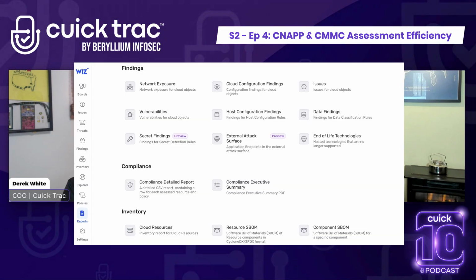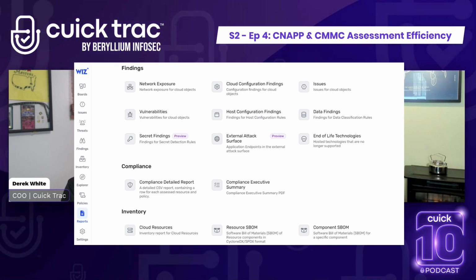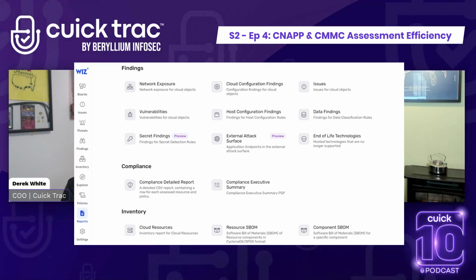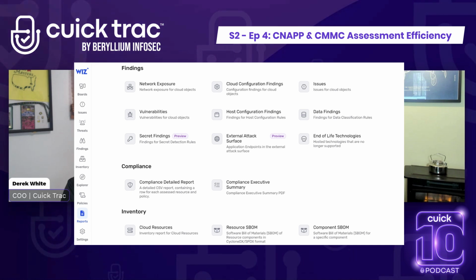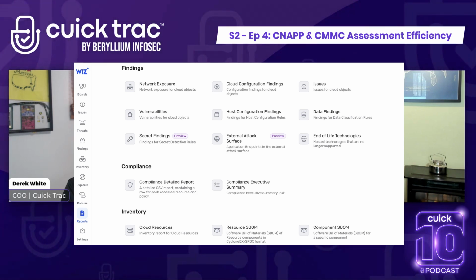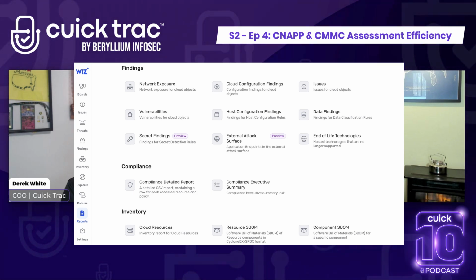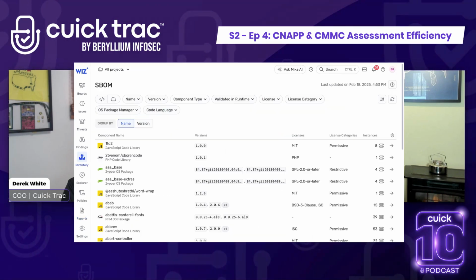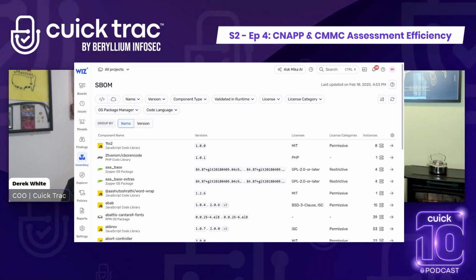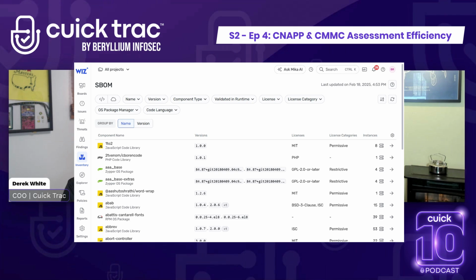Well, you have the ability within a good CNAPP to understand what benchmarks you are consistent against. Think of it like your STIGs, your CIS benchmarks, et cetera. It's going to look for misconfigurations. What vulnerabilities are present, from a CVE standpoint, but also KEV, right? So the difference between just a critical vulnerability and a known exploitable vulnerability, and being able to flesh that out, because obviously a KEV is a much higher risk, and being able to pull out your software bill of materials on demand. So you can say, this is what I have deployed. And then you can get really sophisticated and say, actually, this is what I have deployed and what's in runtime.